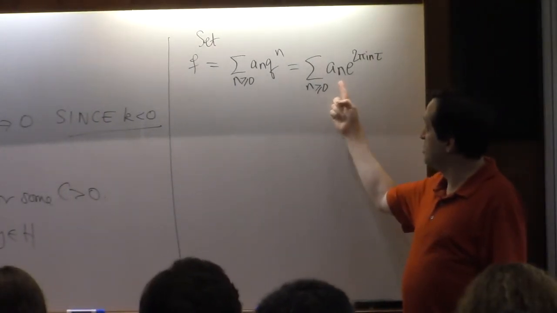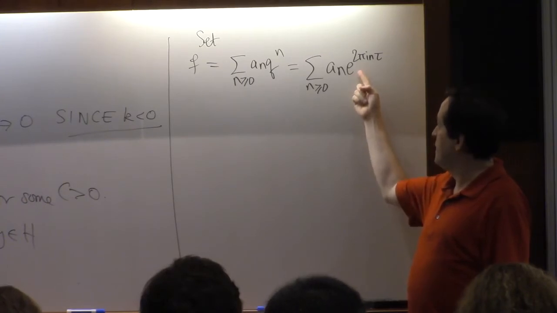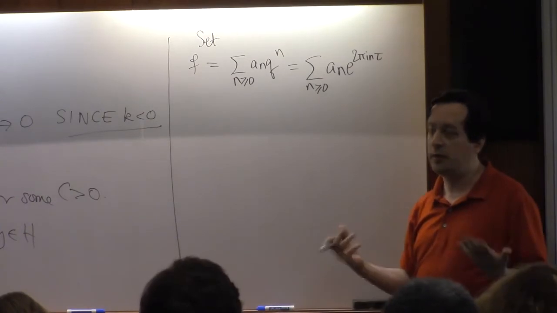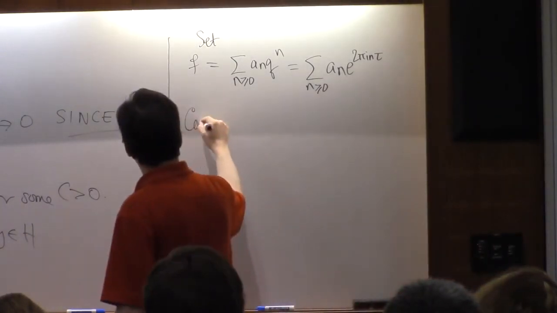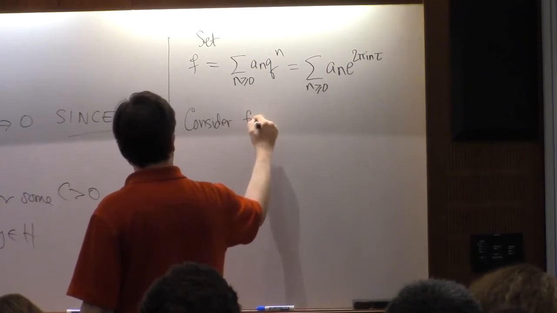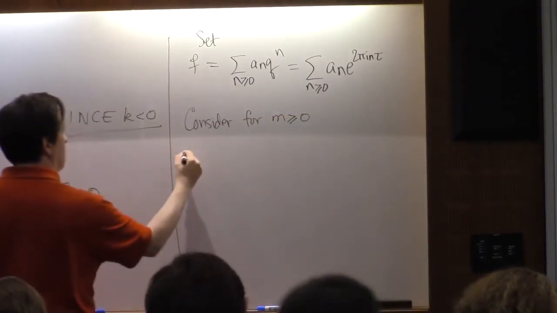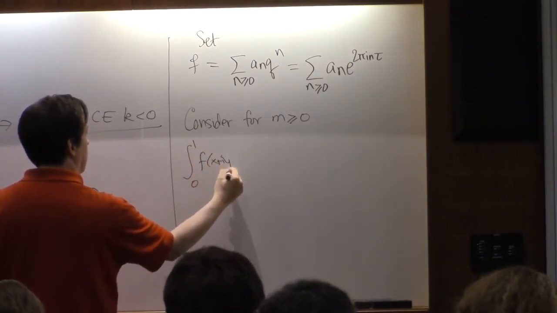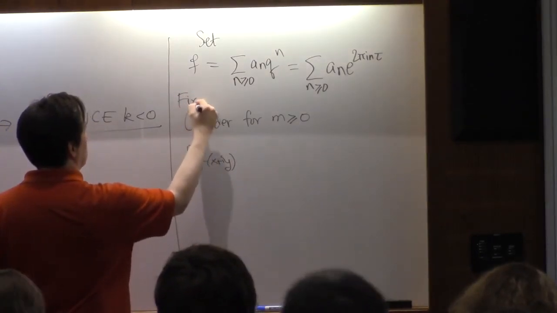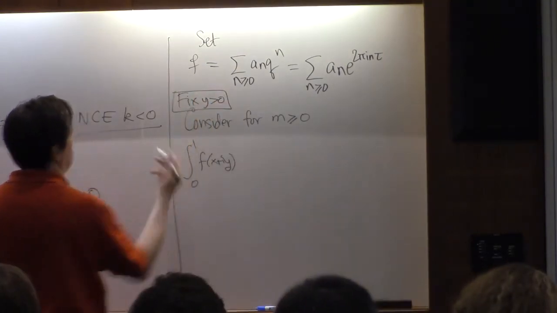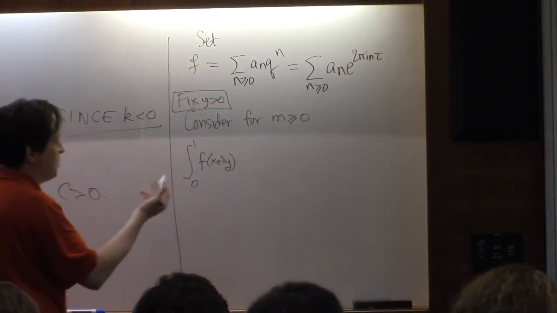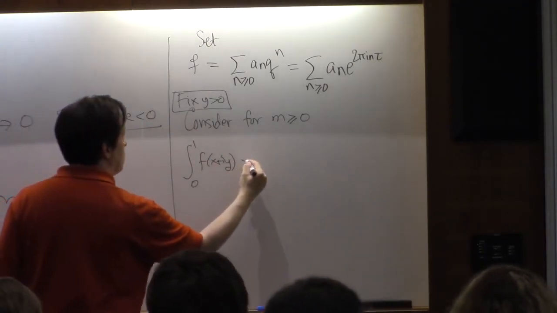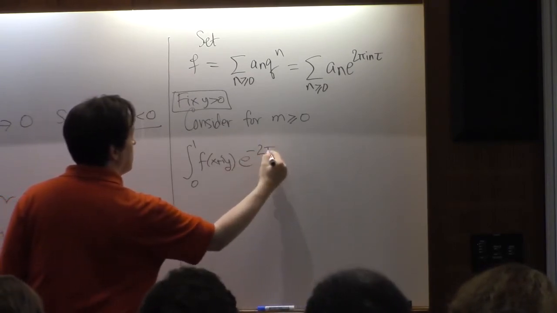So the way to extract the coefficient, since you're multiplying by an exponential, is to use the orthogonality relations between complex exponentials. So what we're going to do is consider, for an integer m at least 0, I'm going to integrate from 0 to 1 f of x plus iy. I'm going to fix a positive number y, right? Well, fix it, but I'm not going to tell you what it is, because later we're going to make it move. But anyway, fix the y, and now I'm going to integrate this against e to the minus 2 pi